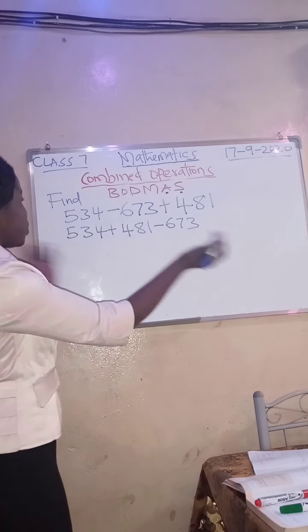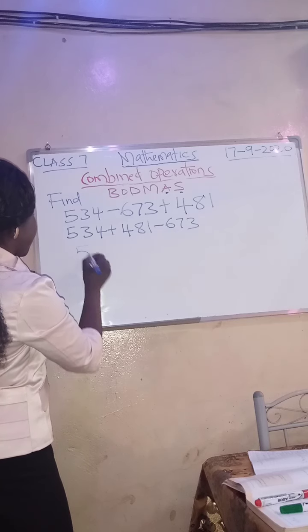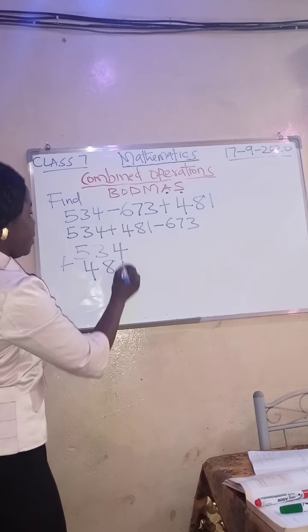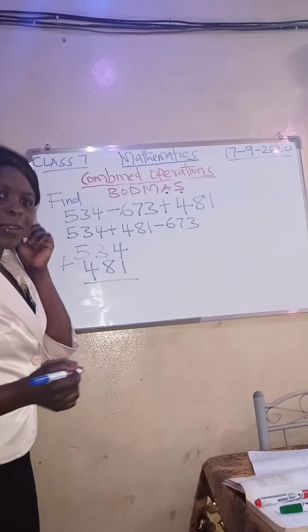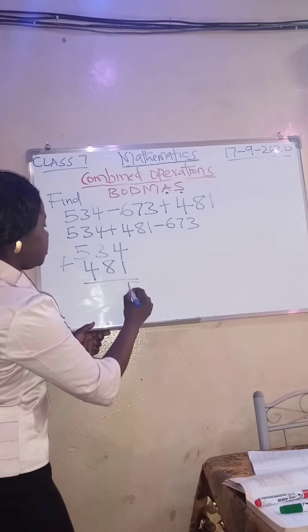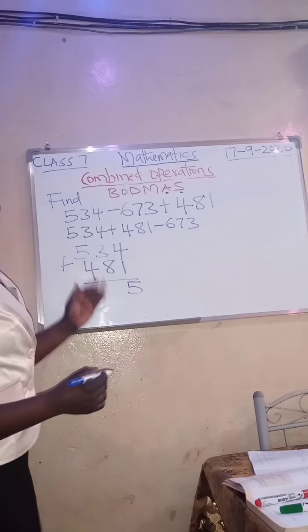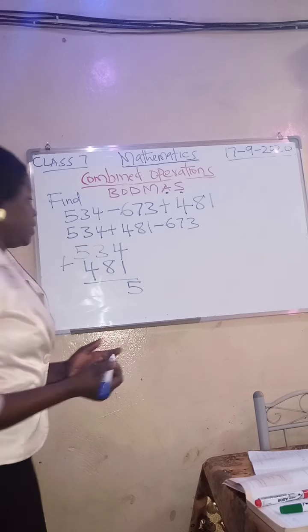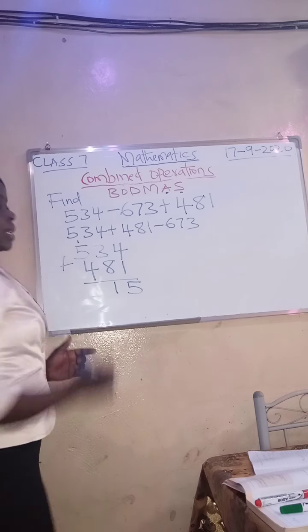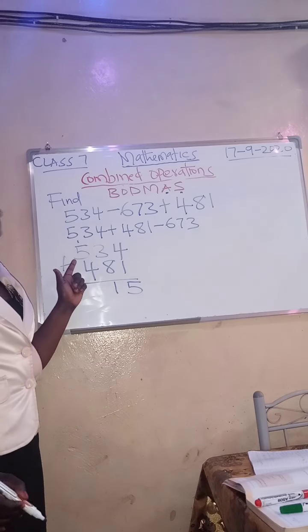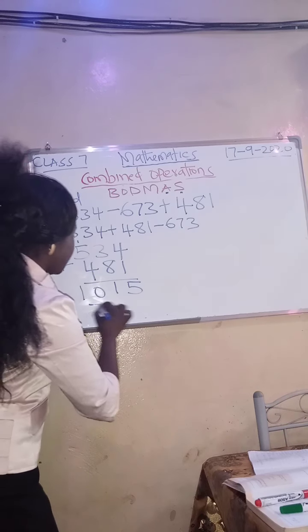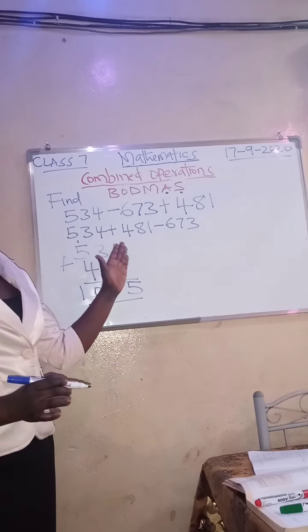Now, we are now able to do it. So we can bring our 500 here and 34. We add 481. I hope you're also doing your own. Okay? Let's do together. So we have 4 plus 1. What do we get? We get a 5. What is 3 plus 8? 11. So what do we do? We write 1 and we carry 1. Put our small 1 there. 1 plus 5 is 6. 6 plus 4, we get a 10. So we will have our 10 there. So that is our 534 plus